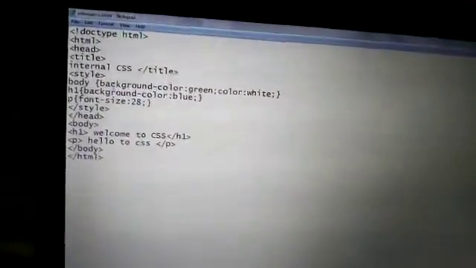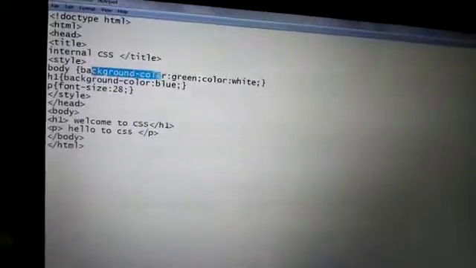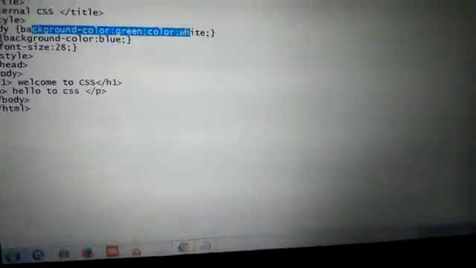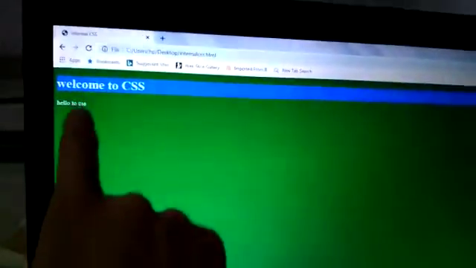Here we have written background color is green and text color will be white. So see, the background color is green and the text color is white. Again, the heading background color is blue. This one is the heading, so its background color is blue.